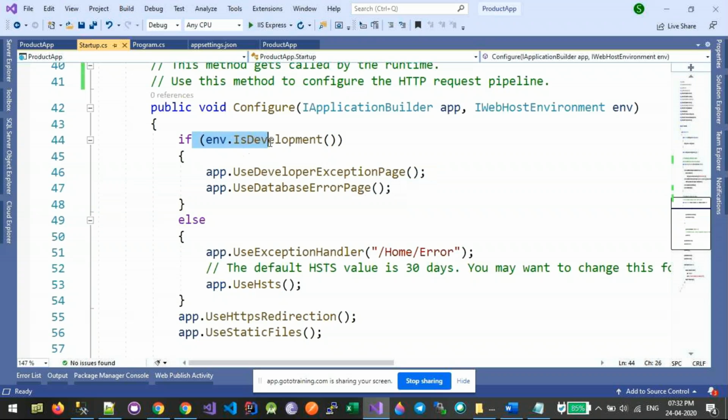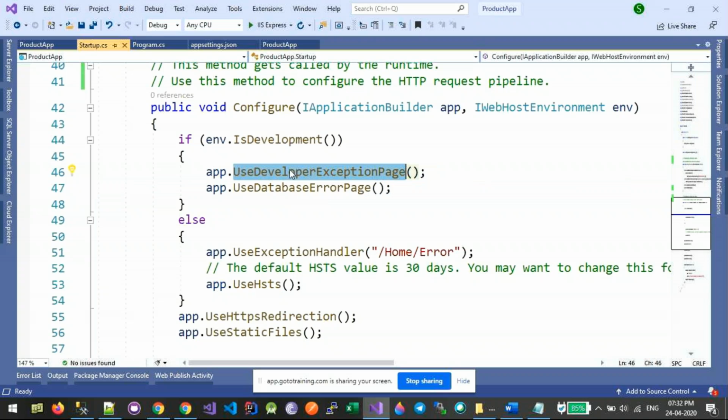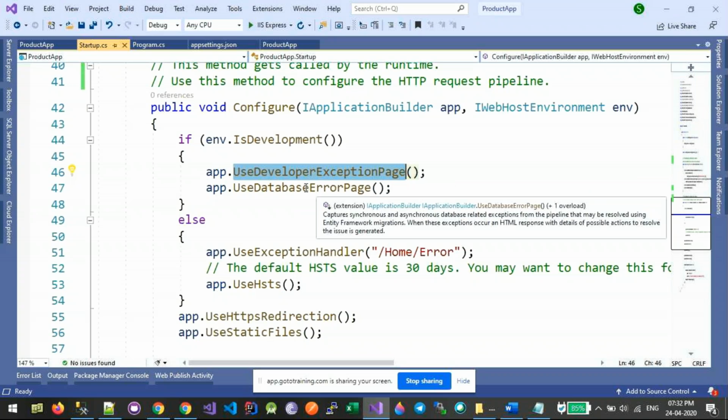So if this is a development environment, I'm going to use this particular middleware only. Use developer exception page means that in the development environment, if there is an unhandled exception, I will display the exception details on the UI itself for the developer to know more about the exception details, and it will help in debugging or fixing the issues.